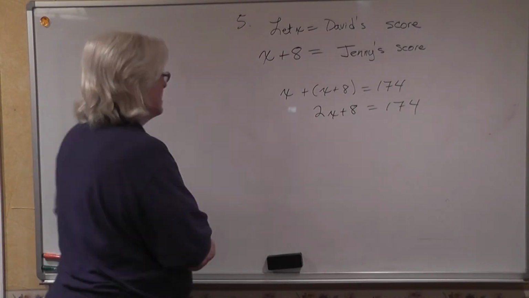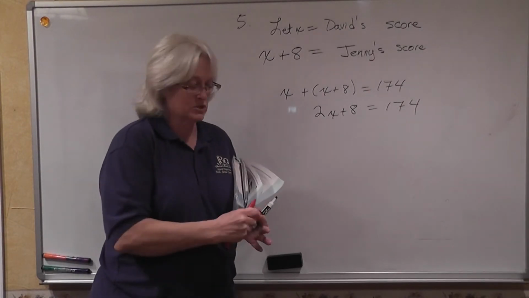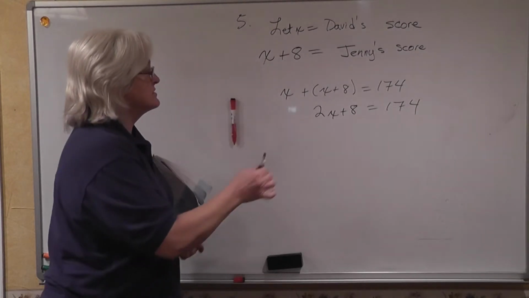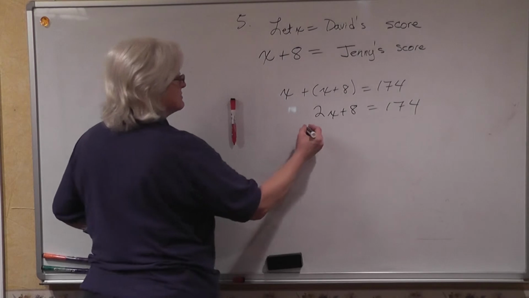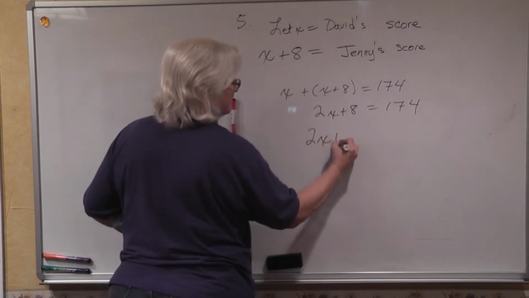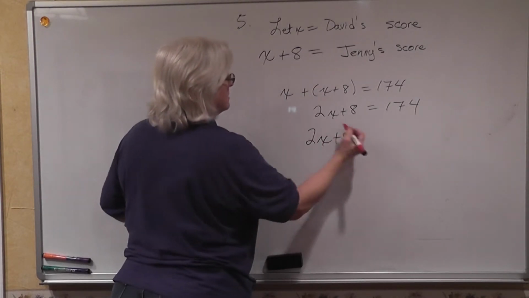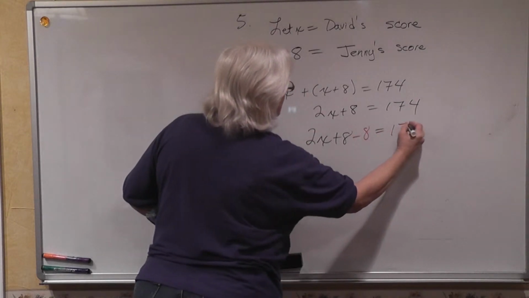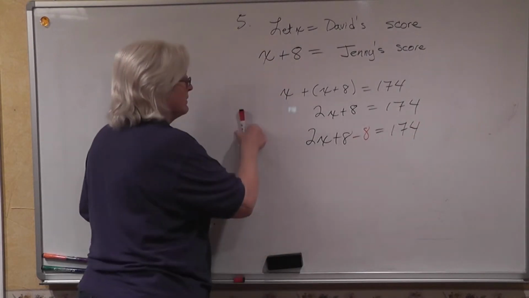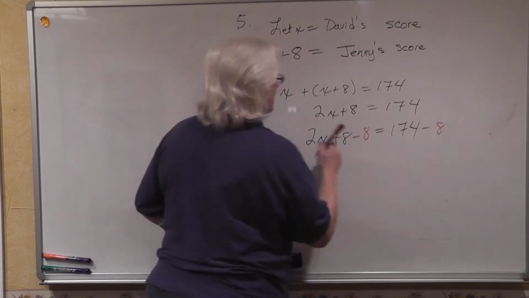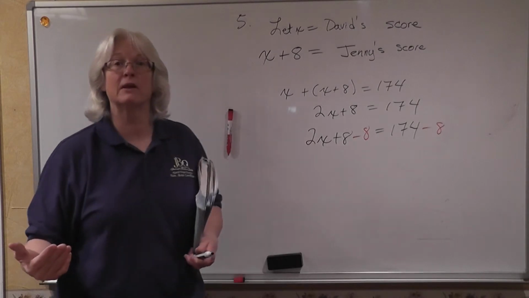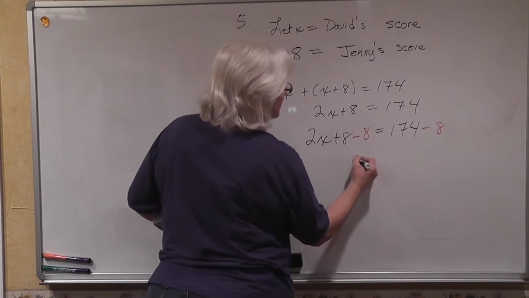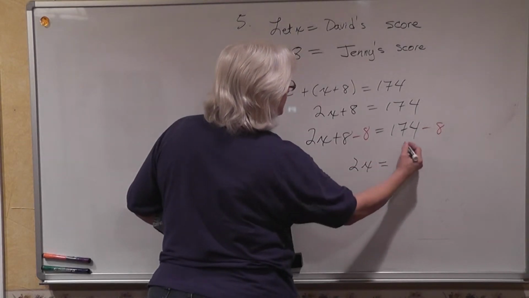174. And if we want to solve this equation, the first thing that we're going to do is subtract 8 from both sides of the equation. So we have 2x plus 8 minus 8 is equal to 174, and we have to subtract 8 again from the right hand side of the equation to keep it in balance. We now have 2x is equal to